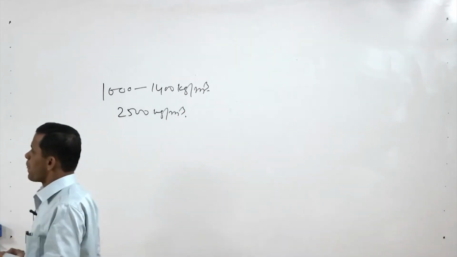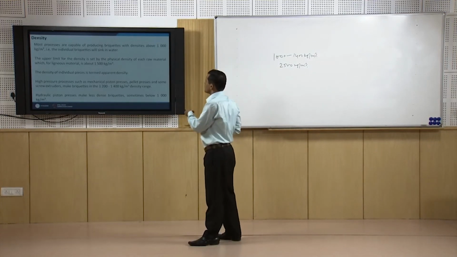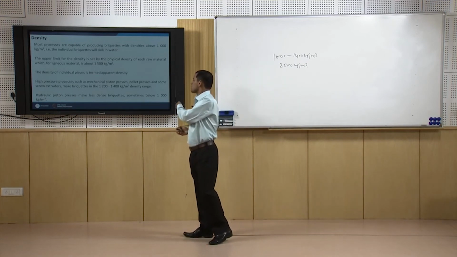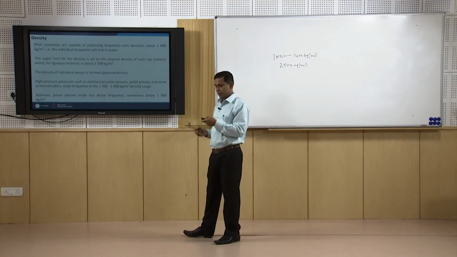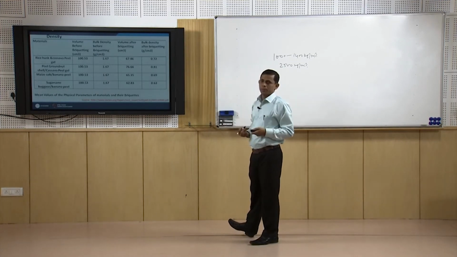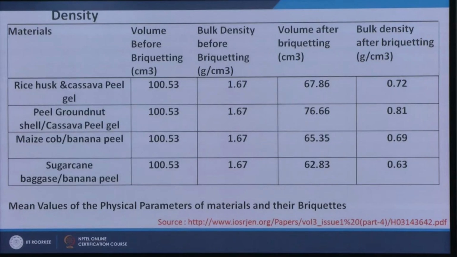So, normally that 1200 to 1400 kg per meter cube density is achieved, but a hydraulic piston press makes less dense briquettes, sometimes below 1000 kg per meter cube. Here we will see some examples. So, if the material is rice husk and cassava peel gel, then the volume before briquetting is